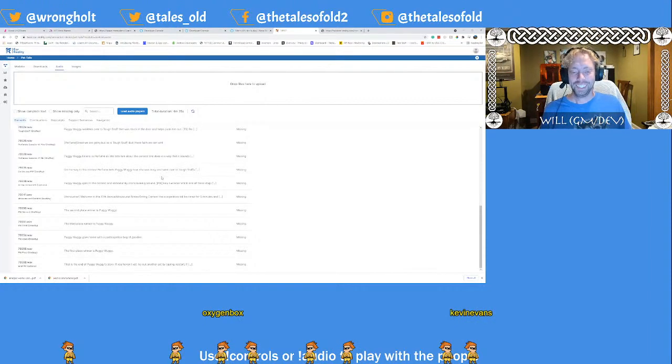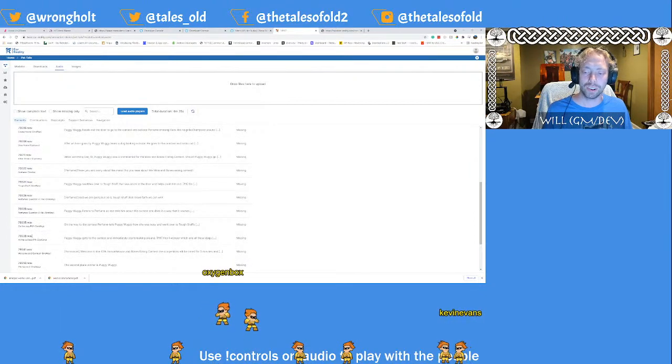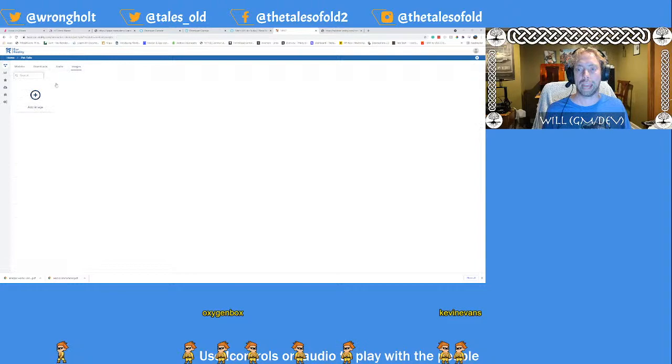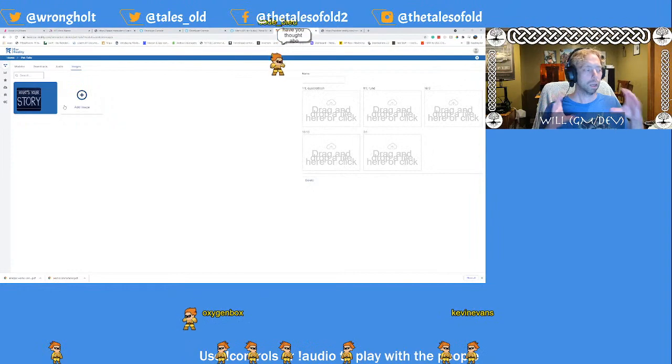Hey, wonder if one of these dogs... but anyways, it'll be hooked up to that section. It's that easy to add audio. You can also add images. I'm not really sure where these images are going, besides like the main background, but